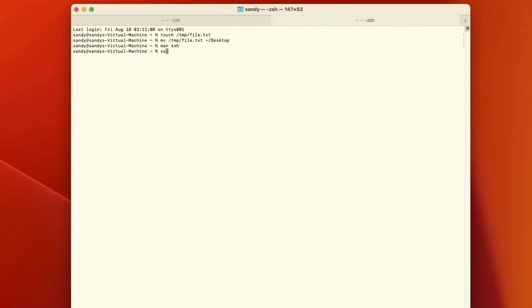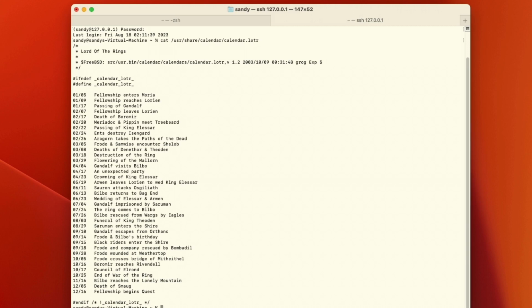So now we know how to use SSH, and we'll SSH into our own local host, just for kicks. Actually, I've got a reason we're doing that one, but I'll show it later. Next, I'm going to cat this Easter egg of a Lord of the Rings calendar that was just recently removed in the latest macOS, unfortunately. This was one of my favorite Easter eggs that came over from the BSD side as well, but that's gone. But anyway, we're catting the file, and that's where we're going to stop, and we'll end our capture.